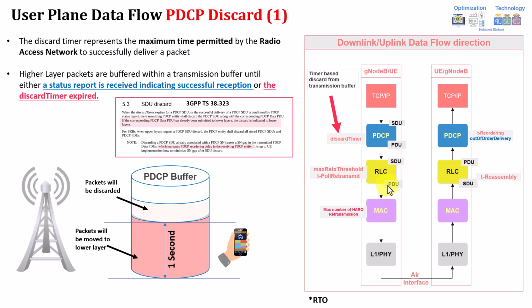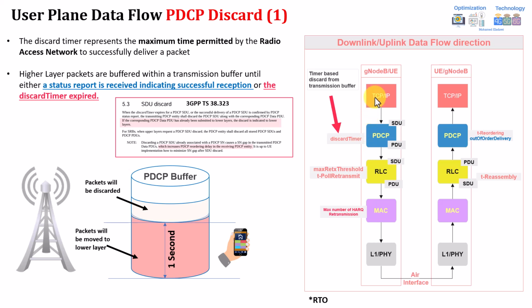So that's why there are multiple considerations you need to take into account. First of all, this timer shouldn't be very low, to allow for retransmission to be completed if it's happening. It should be, for example, matching with RLC, especially for the uplink and even downlink, matching with the RLC transmission, so that in case the packet is being retransmitted within the lower layer, it has a chance to complete the retransmission before it's discarded by PDCP. Because if it's discarded, this means the packet is lost, or it's considered a packet loss.